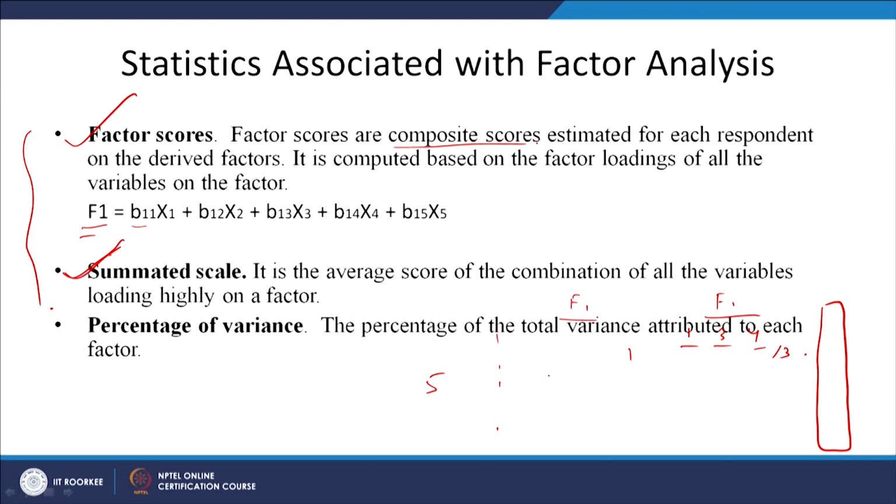So, 5 factors, let us say, are explaining 70% of the study. Then we have to have an understanding of whether it is sufficient or not. Sometimes when you are doing a factor analysis, there will be some loss of variance, that means explanation power will be lost, there is no doubt about it. But how much are we losing? Are we losing too much explanation power? If we are losing too much, then our study is not doing well, right.